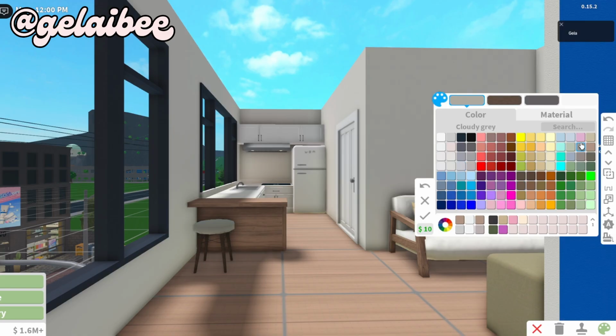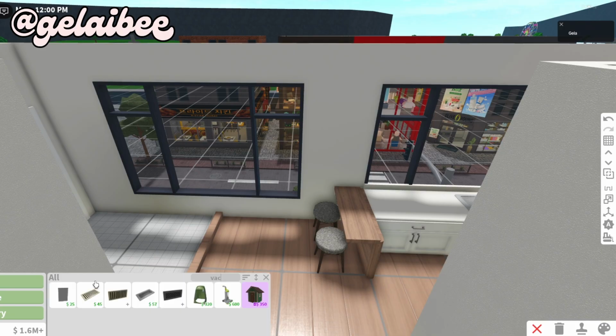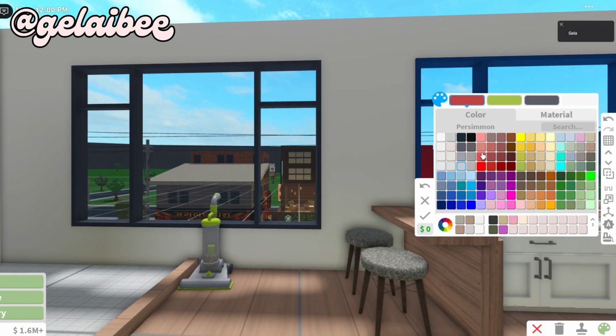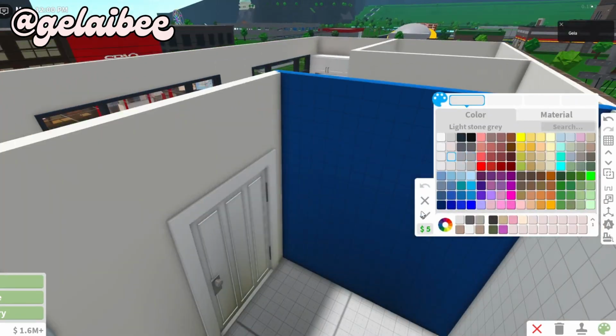And if she has friends to come over, at least the sofa is just beside. There's a space over here, so I'm just adding a vacuum cleaner since the person living here probably loves to keep her apartment clean. Okay, now we are going to the bathroom, and I just made the wall tiles the